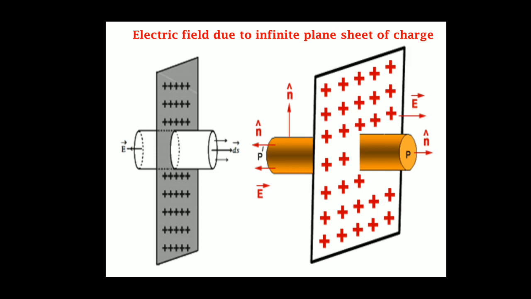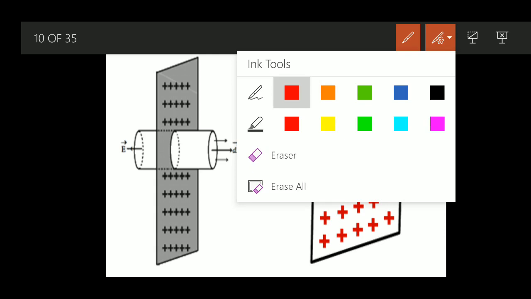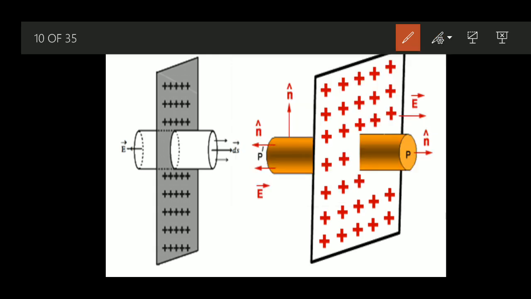Now the same diagram with the area vector is given. A cylinder has how many surfaces? Yesterday's class we studied? Yes. A cylinder has 3 surfaces, 2 flat surfaces and 1 curved surface. Suppose you take, this is 1 flat surface. And if you take, this is another flat surface. And this one is the curved surface.